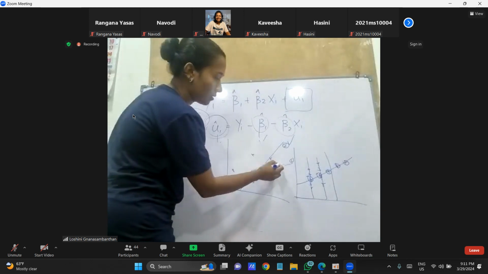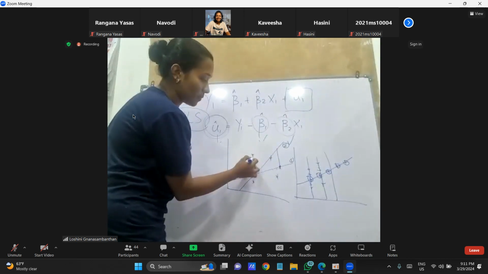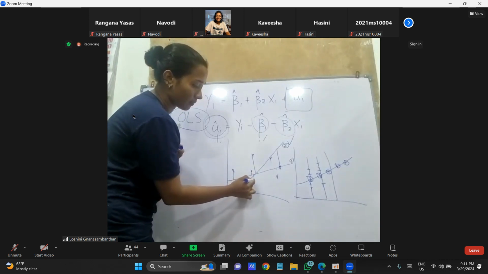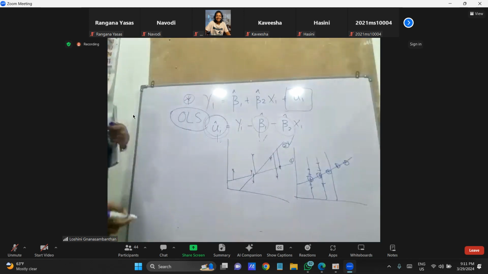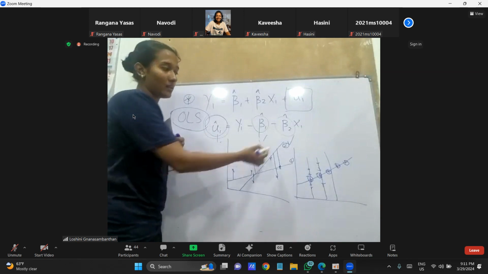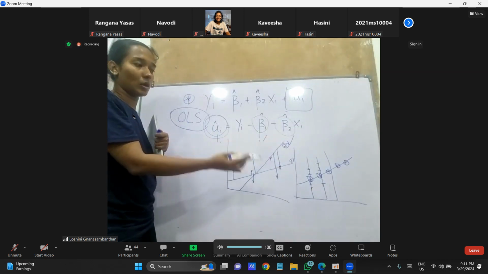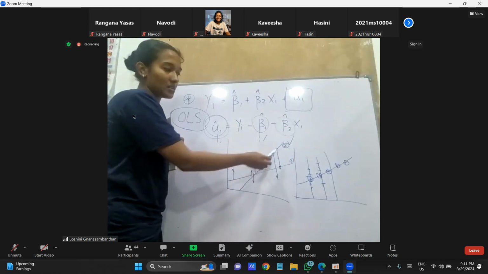In number two line, this point, these are two separate lines here. So we can consider that number one is really close to the error terms, right? Like the distances